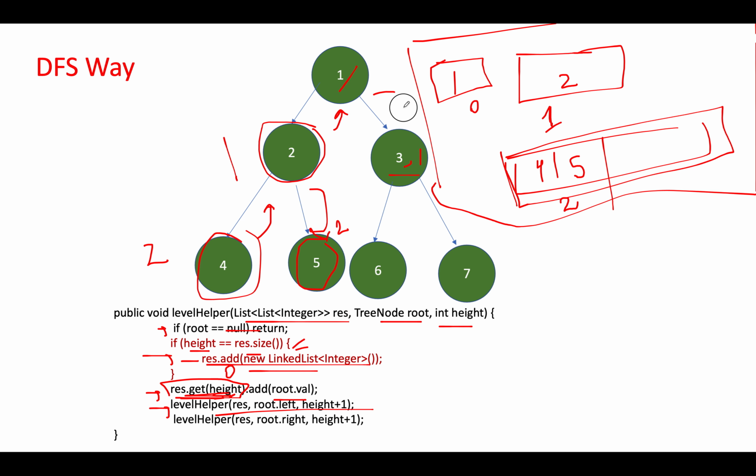The control goes back and control goes here. So what is the value of level here? Level is 1. Let's check. Level is 1, this height value is 1, and result dot size is 3, so we'll not do any addition there, and we'll extract the value at the first level, which is this one, this complete linked list object, and add 3 to it. So 3 gets added, and we'll move in its left child first.